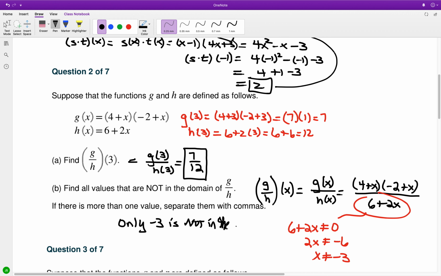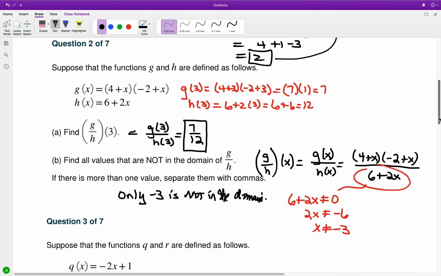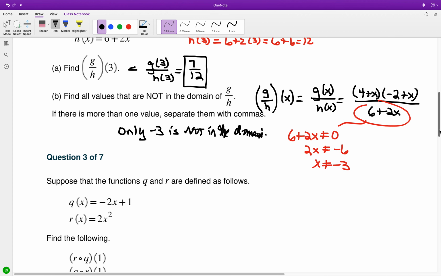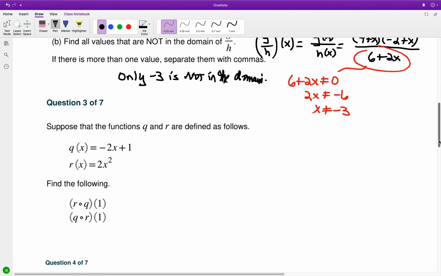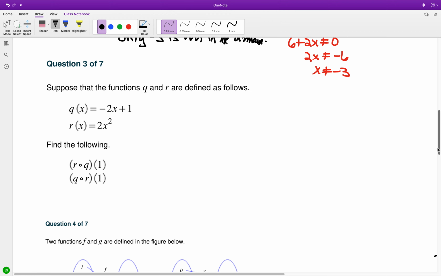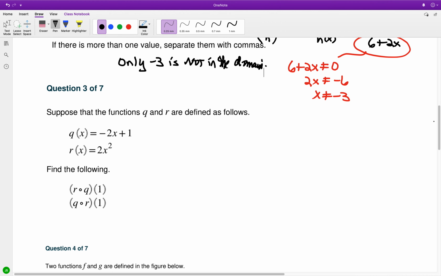Okay, and then we have the next item, question number 3. It says that suppose the functions q and r are defined as follows. For q of x, we have negative 2x plus 1. For r of x, we have 2x squared. And if I take the compositions in this particular case, now